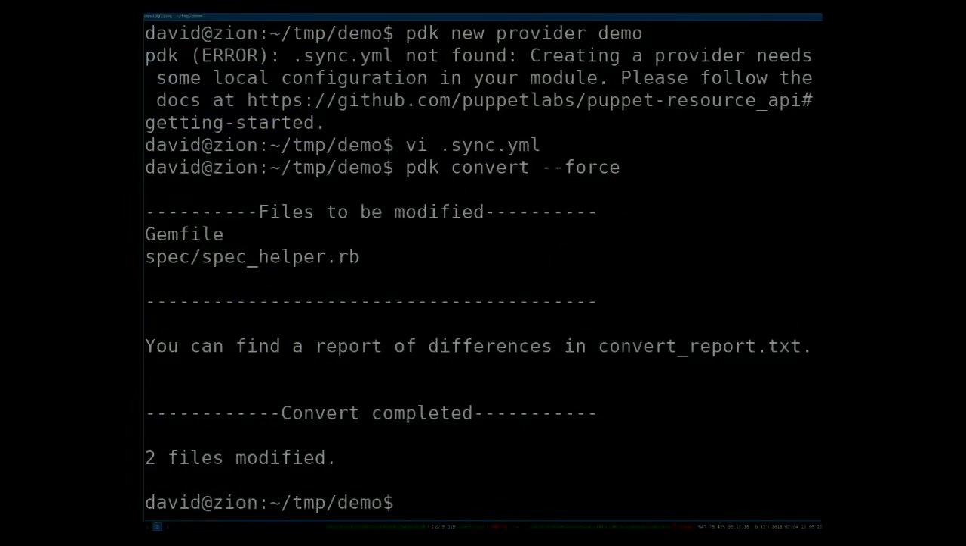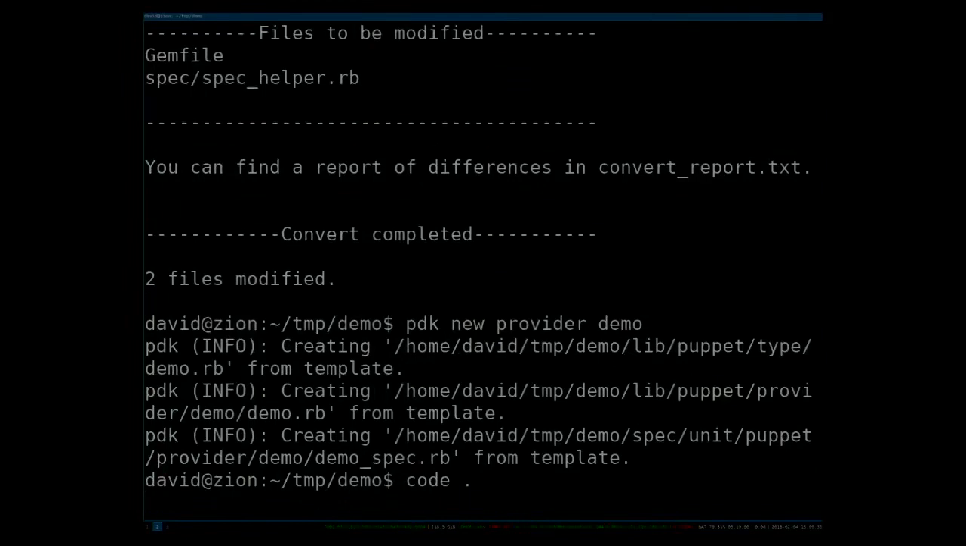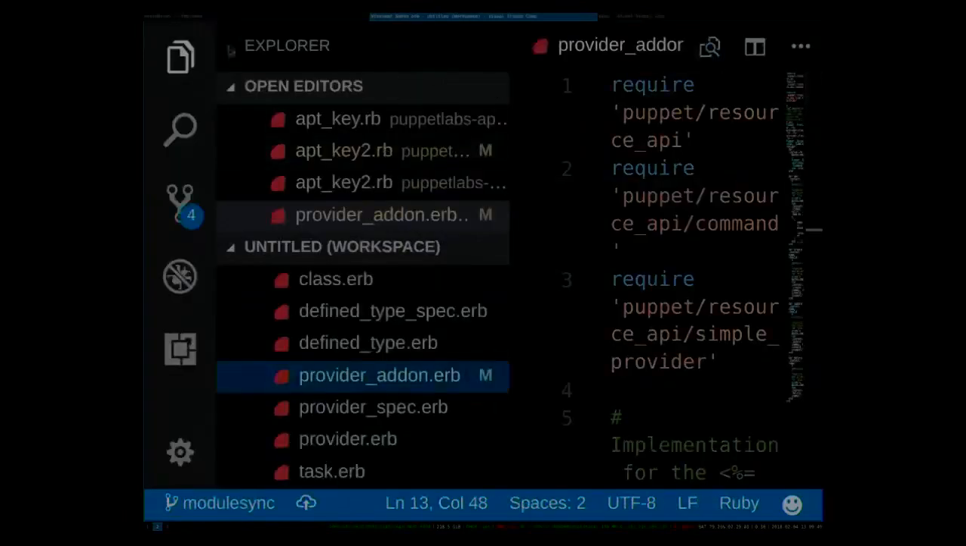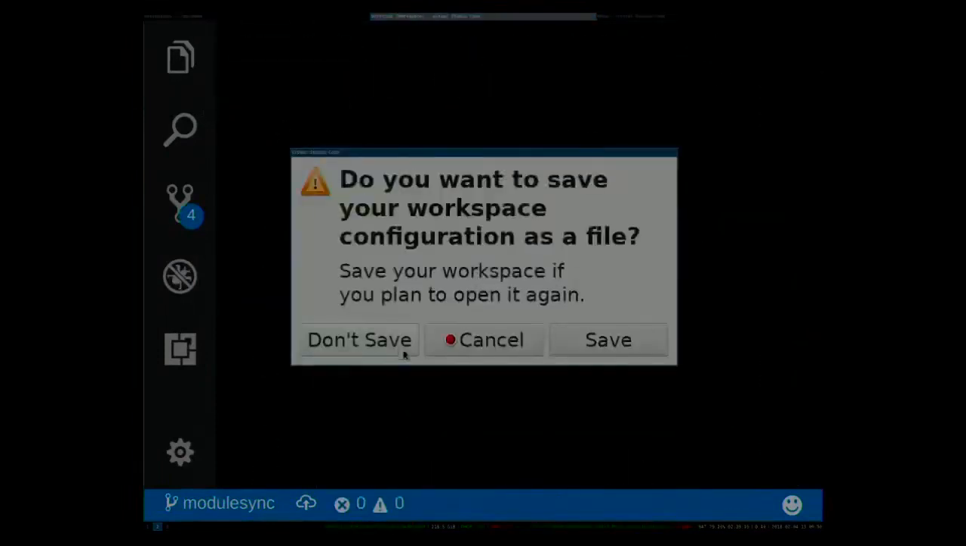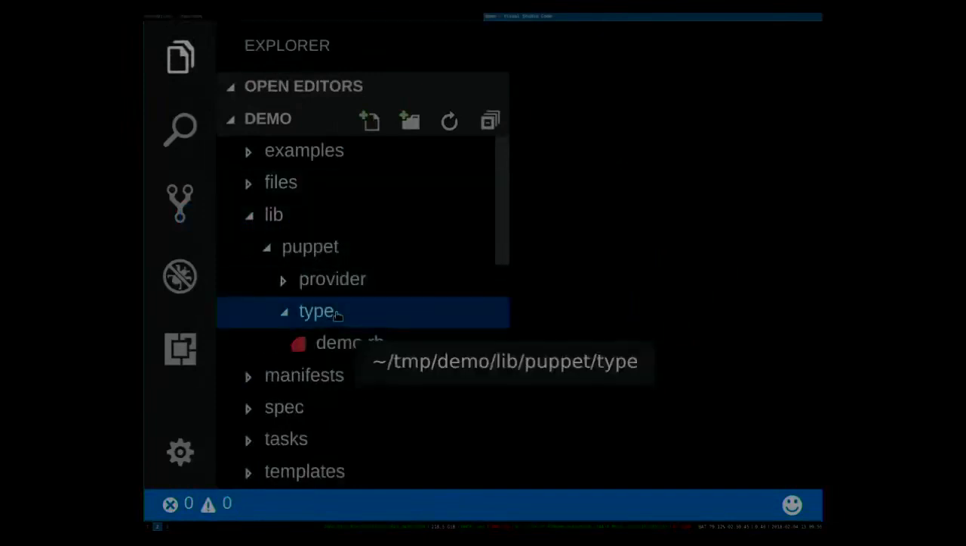So now the additional things have been installed here, and I can say PDK new provider demo, and it creates these few files we need for the provider. And let's start it up in an editor here. So this is the module I just created, and as you're used to,